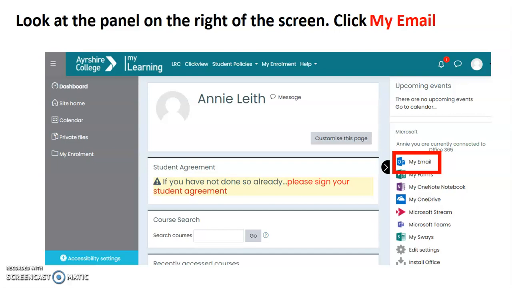Now I'm looking to get into Office 365 Microsoft Word, but what I've been presented with here at the right hand side is features of Office 365 but not Microsoft Word. So I'm going to use my email to get into Microsoft Word. So I'm going to click my email,